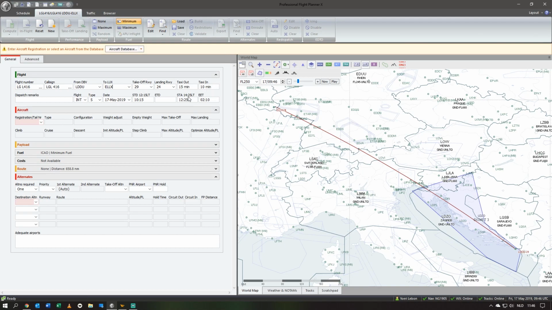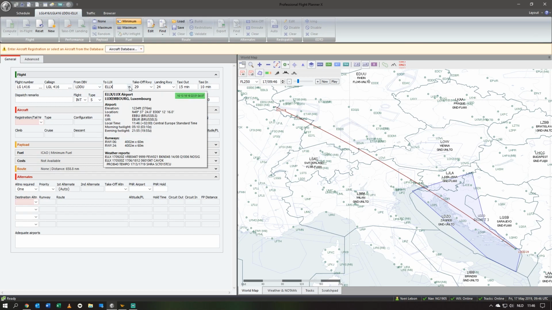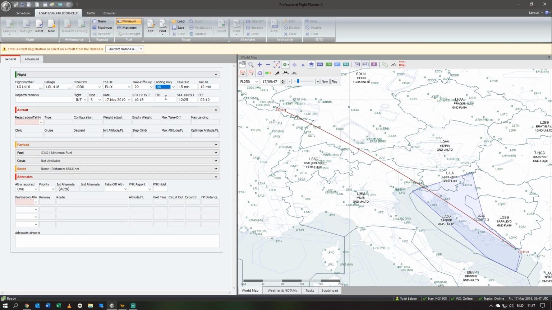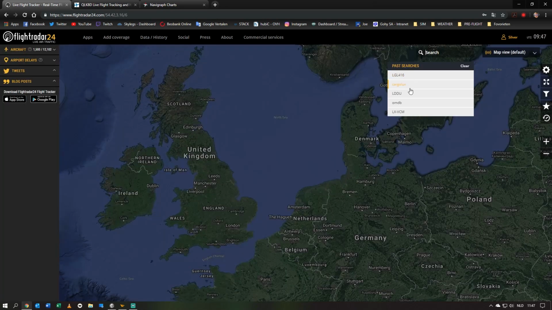So now there are two things you can do to choose your runway. You can scroll over the LDDU arrow here. You can look up the weather. It's fairly good. It's a wind from 230 at 5 knots. So by this info you can choose runway 29, for example. And you can do the same for Luxembourg. You look at the weather, it's variable, so it's mainly going from the easterly direction, so you can choose, for example, 06. Or you can go again to Flightradar24, look up the airport,